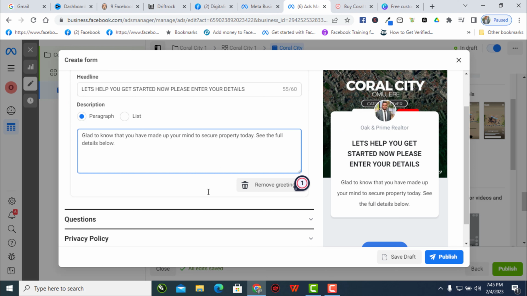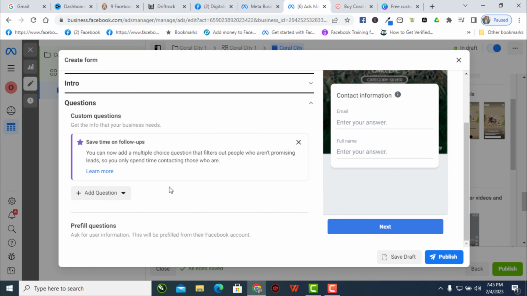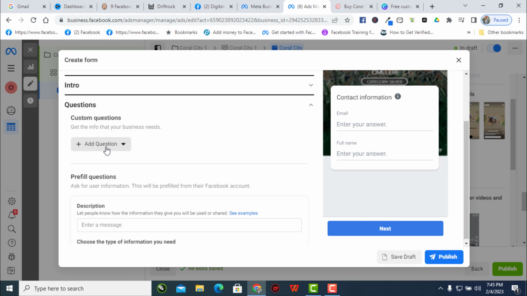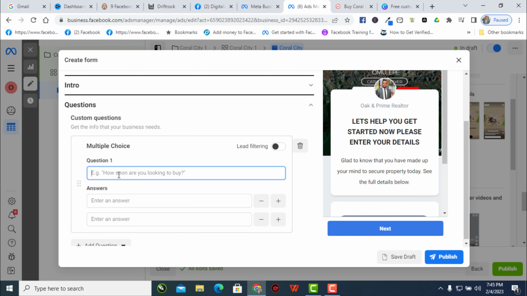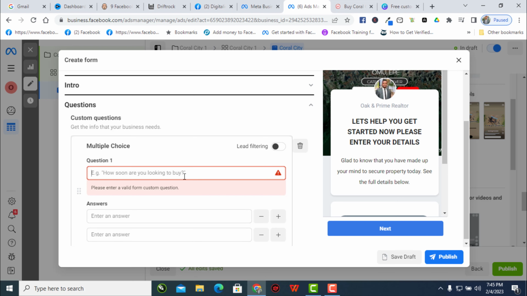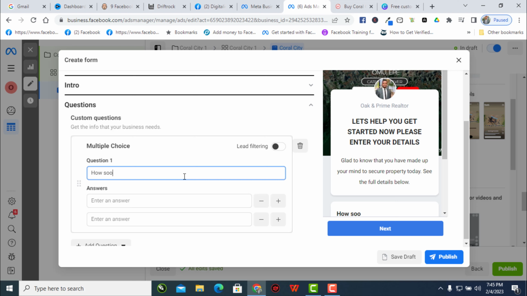All right, so let's start with questions. I'm going to say custom questions. I'm going to add a question, multiple choice questions. How soon are you looking at? How soon are you looking to buy? I think I like that. How soon are you looking at buying this property? And okay, let's say that's a property. Full stop. So I'm going to drop an answer, maybe